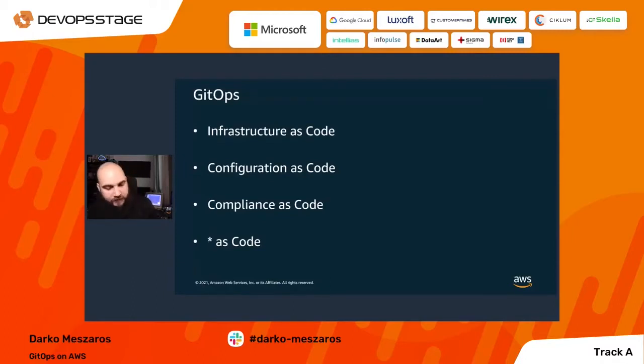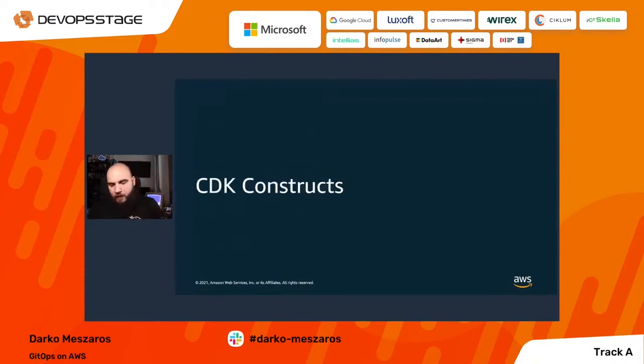Now, let's talk about something else, very much related to GitOps, and one of the things that can help make your entire GitOps thing a bit better. Let's talk about CDK constructs. Now, I'll get into a moment what CDK is, but when it comes to CDK constructs, actually, when it comes